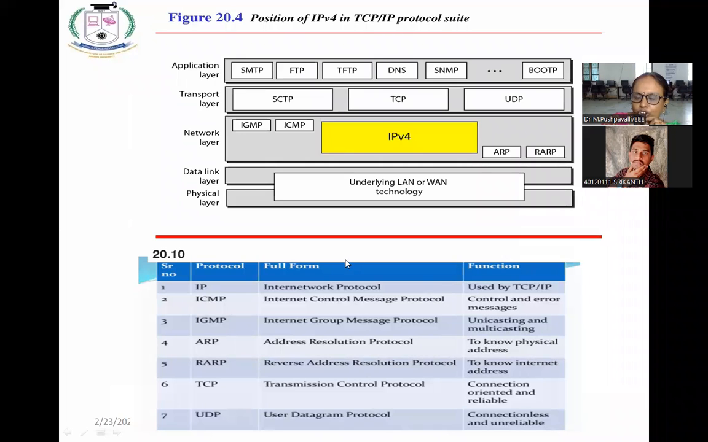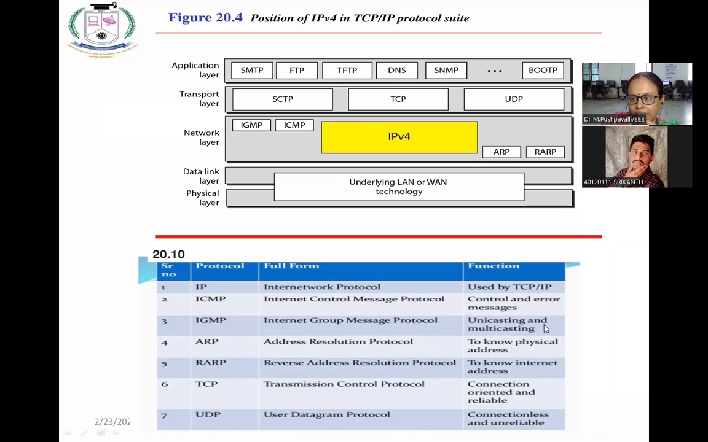So IP, from the name IP, we can say it's an Internet Protocol. And ICMP, IGMP are Internet Control Message Protocol and Internet Group Message Protocol. Along with the TCP/IP model, this IP protocol is nothing but our logical addressing. And ICMP and IGMP mainly control the error messages, and are used for